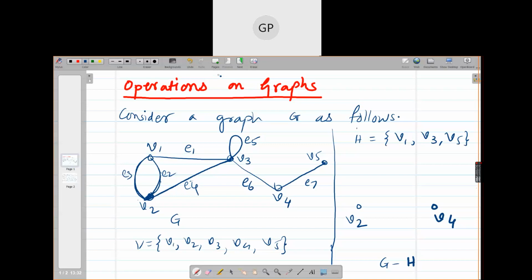Edge deleted subgraph. Should I make it homework? Write the definition of edge deleted subgraph